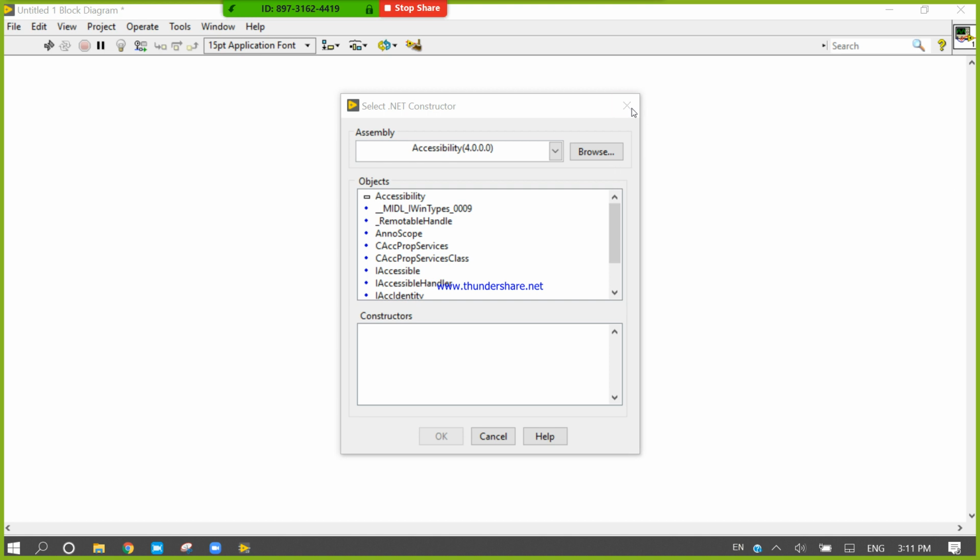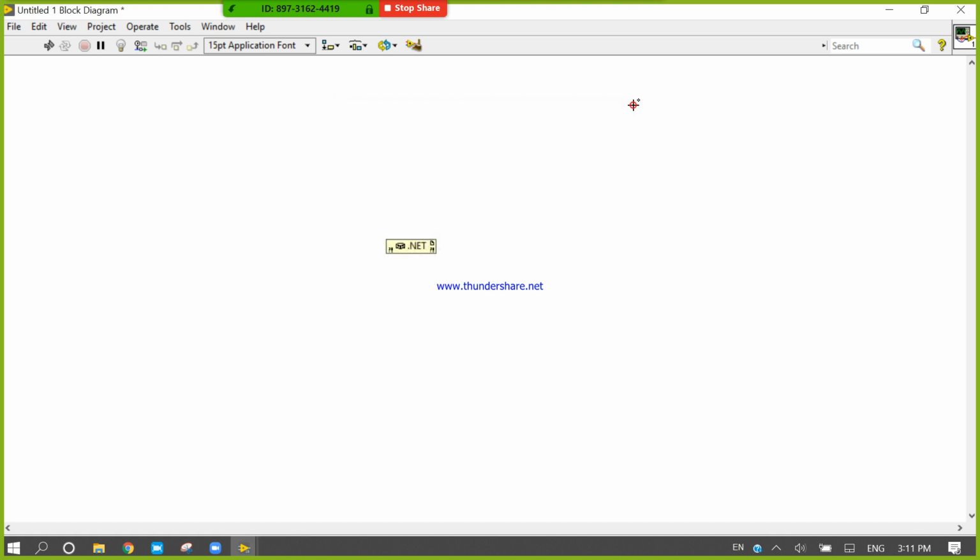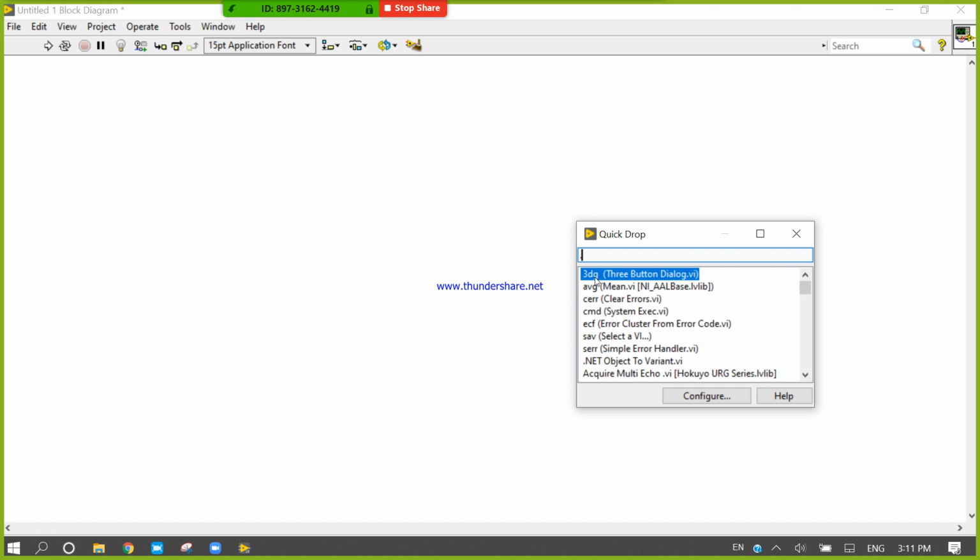Okay, wait, look here, press Ctrl space right here, .net, then you will get the constructor node. Anybody? There is 2%, no constructor node. Sumit, please type. I cannot hear you.